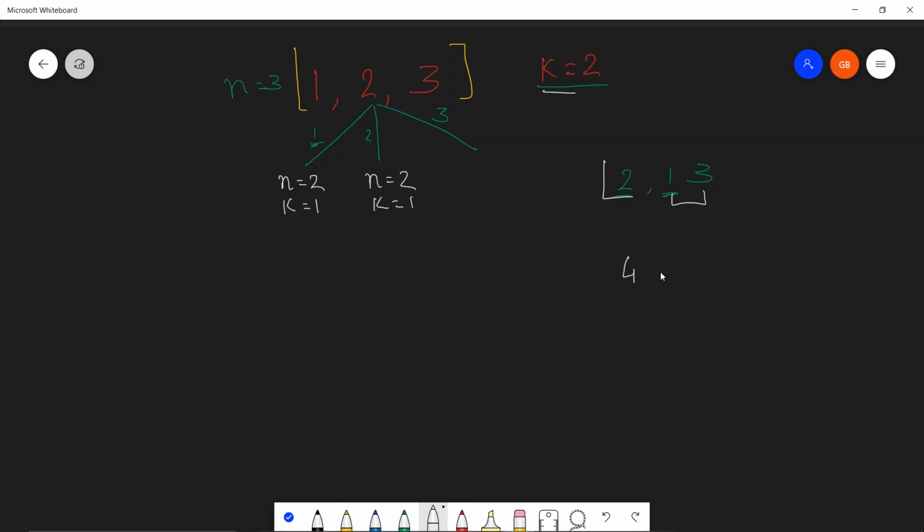Let's say we had a format like 4 and then 2, 1, 3. So the thing is, this 2, 1 can be arranged in two ways. It can be 2, 1, it can be 1, 2. In fact, they can be arranged in many ways with 3 also. So just the fact that smaller candles are present after this does not mean that they cannot be rearranged in some other way. I think I took a bad example over here. I should have taken